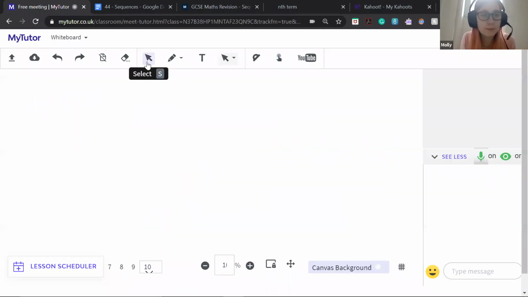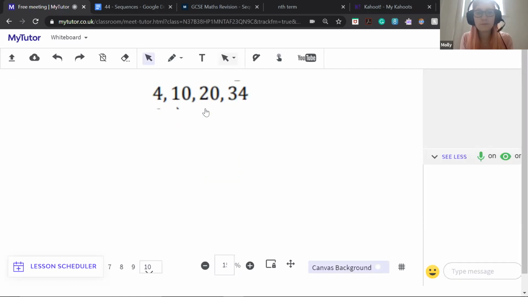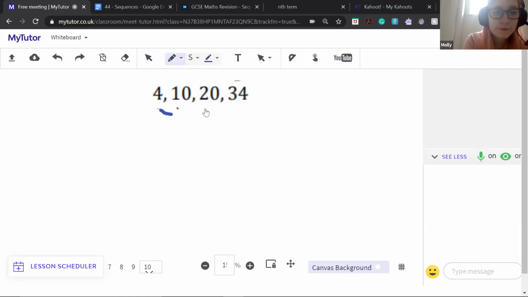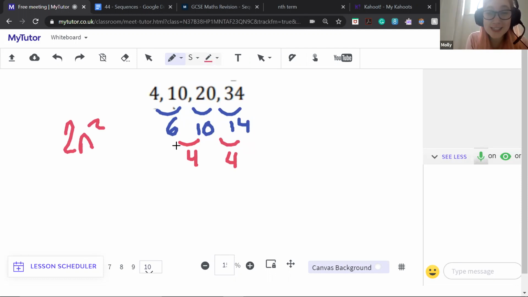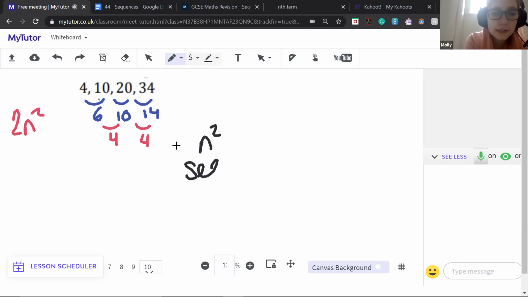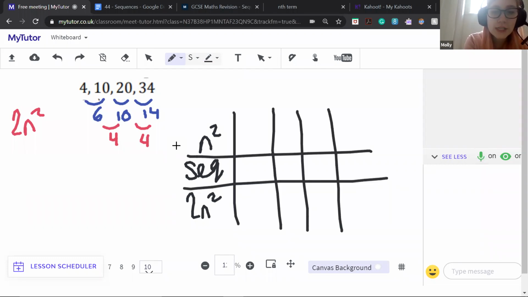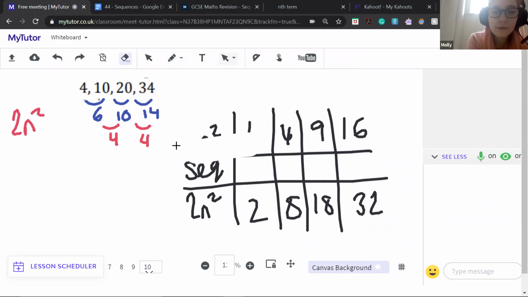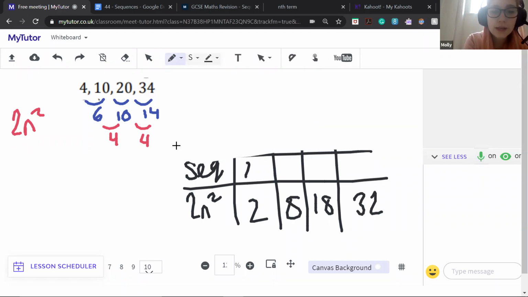So with this one, for example, there's many terms here. The difference is 6, 10, 14. Then the difference here is 4. So we know that it's got to be a 2n squared. I'm doing this quite quickly because it's just this last bit that I want to show you, and I think you guys have got the grip of this bit now. So we write n squared sequence 2n squared. This time we actually only have 4 terms, which isn't loads, but it's just enough to be able to work it out. So we write 2n squared for all of these, get rid of that first row, write in our sequence,